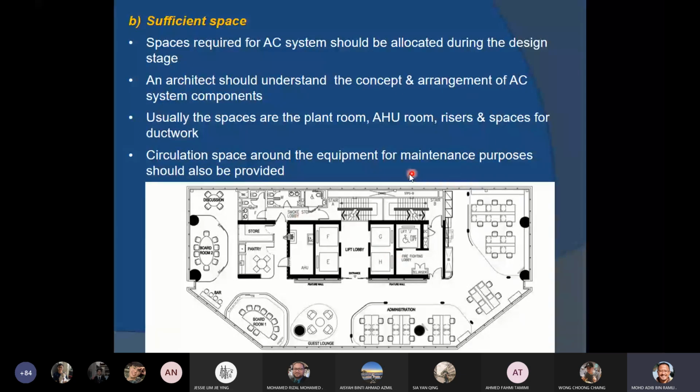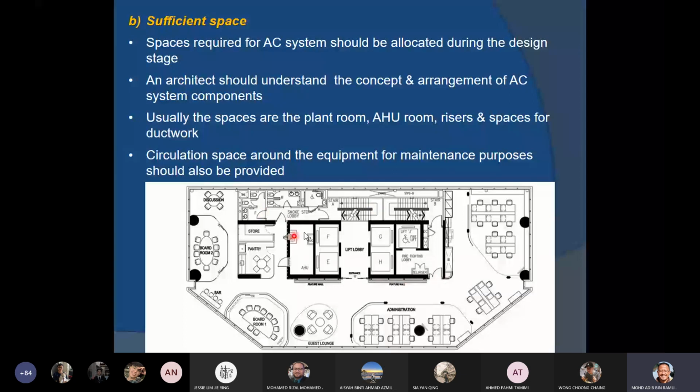For example, what I'm trying to show in this floor plan is the position of the AHU. This is a floor plan of an office tower, a high-rise building. I believe for each floor, there's one AHU serving only that level. So you can see the AHU here, and how it is integrated in the service compartment, in the service zone of the